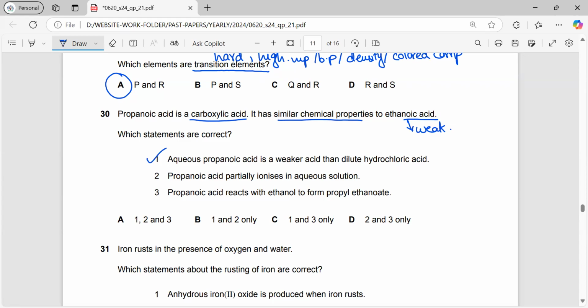Then propanoic acid partially ionizes in aqueous solution. Yes, because it's a weak acid, it partially ionizes. Propanoic acid reacts with ethanol to form propyl ethanoate. This one is wrong. Because when propanoic acid reacts with ethanol, from ethanol it will be ethyl, and from propanoic acid it will be propanoate. The name of the ester changes like this. So it will be ethyl propanoate, not propyl ethanoate. So it's wrong. 1 and 2 are